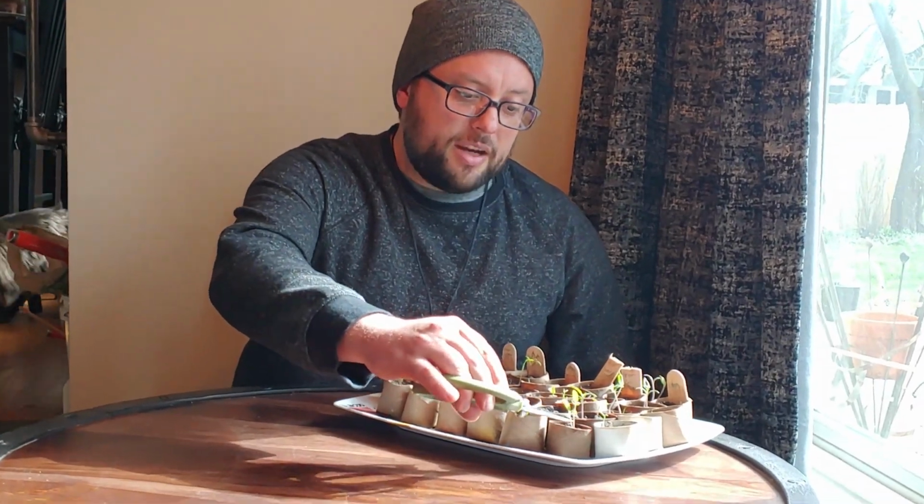Second step, whenever I check on my seedlings, is to trim them down. So if you remember when we planted our tomato seeds, we planted more than one. And you do that just in case some of the seeds that you plant don't actually sprout. So sometimes more than one sprouts up, but you can only have one plant per little pod, so it has enough nutrients and space to grow. So I take my garden scissors and I go through and I actually snip